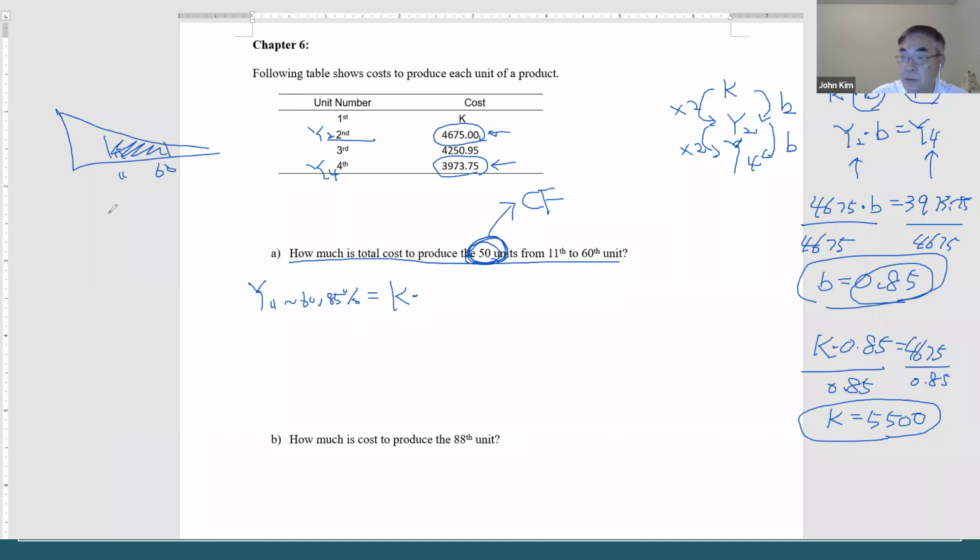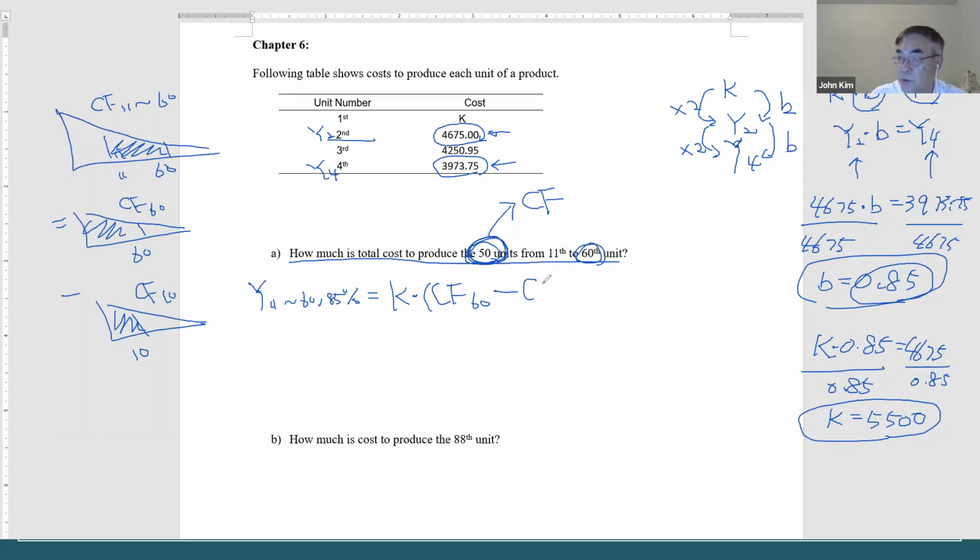That is the bigger one, cumulative factor 60, minus the cumulative factor of the smaller number, 11 minus 1, which is 10, equals